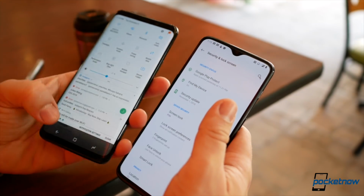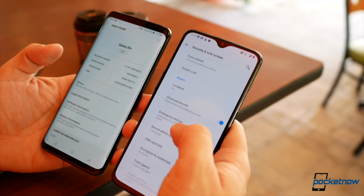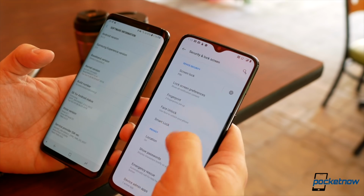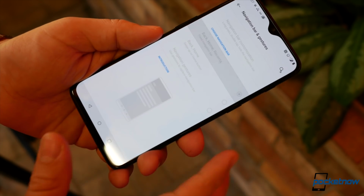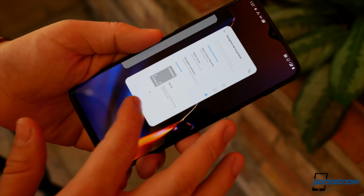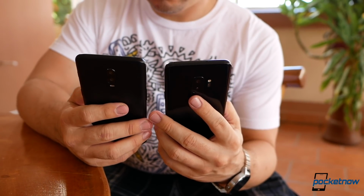I'm actually one of those people that doesn't really say, oh, I prefer stock Android. At least not for the aesthetics though. The reason I do care is because it's easier to update, as the OnePlus 6T is already rocking the latest version of Android Pie. It already conforms to the new Pixel pill gesture navigation approach, and it even brings its own gestures, which I consider to be better, and which the Galaxy doesn't include. If software updates, speed and performance, and simplicity are your cup of tea, then the OnePlus 6T is the winner,